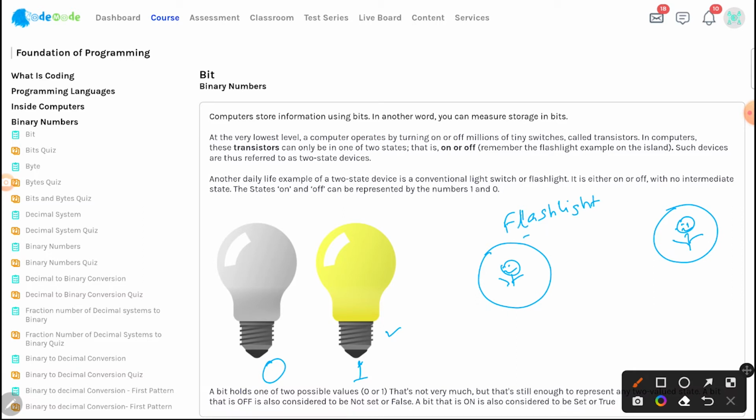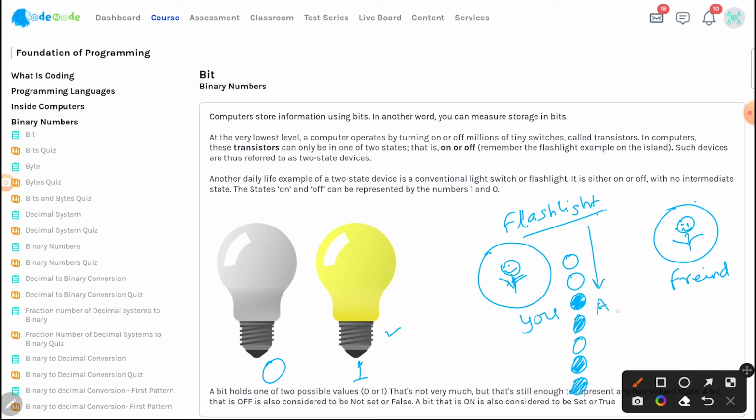Using the flashlight, you can communicate with your friends, and think that there are many sharks in the water, you can't really swim, and in the night all you can do is give a signal using your flashlight. Consider this as your friend here, and this is you, and you can use the flashlight and say off for 1 second, for another second off, and then I'm using this to say on, off, on, and on. Think of this as,